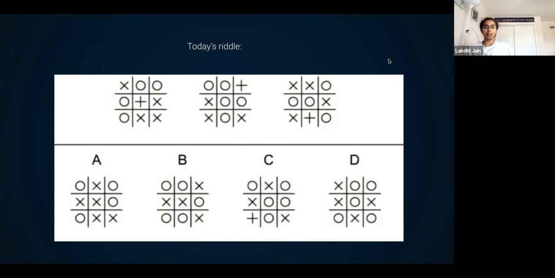Very nice. Just to remark, at first glance, just imagine how hard we thought it would be. But when we delve into it a little more, it turns out the riddle was such a simple riddle, where you just need to know which of these options has a plus mark. So I hope you guys liked it, and let's go on to